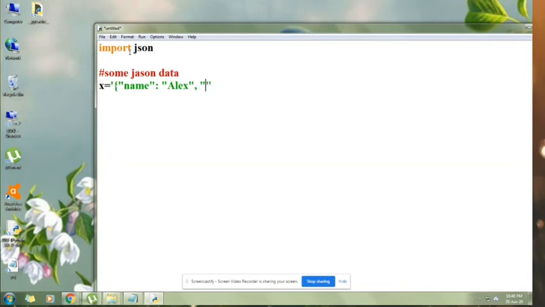This is the format of JSON. If you are not aware of JSON or have any doubts about it, I have already uploaded a video on JSON. Just go through my channel, you will come across the JSON video and you will be able to understand properly the way of declaring data inside JSON. So this is how you will pass the data: name, age and city. I forgot to write city, so city equals New York. So I'm done with the JSON code, right?